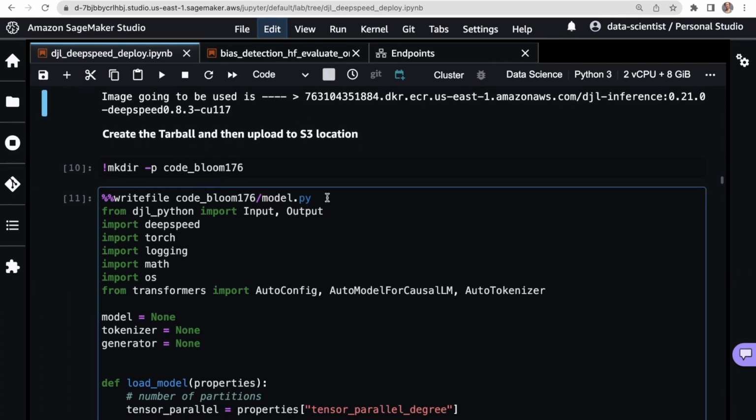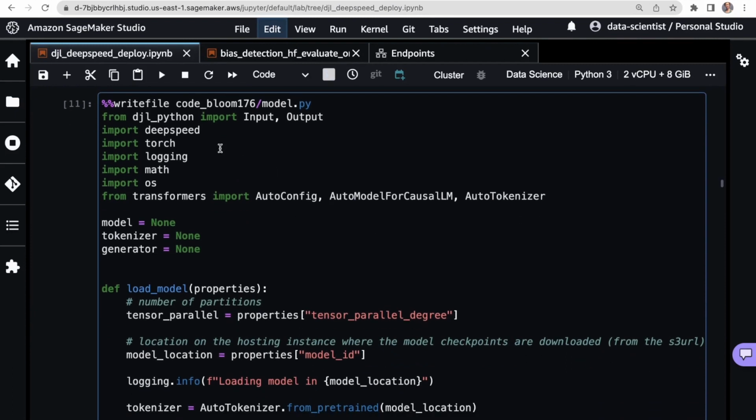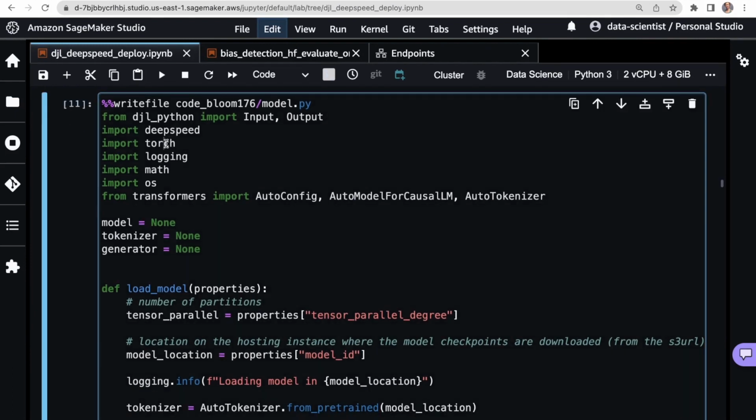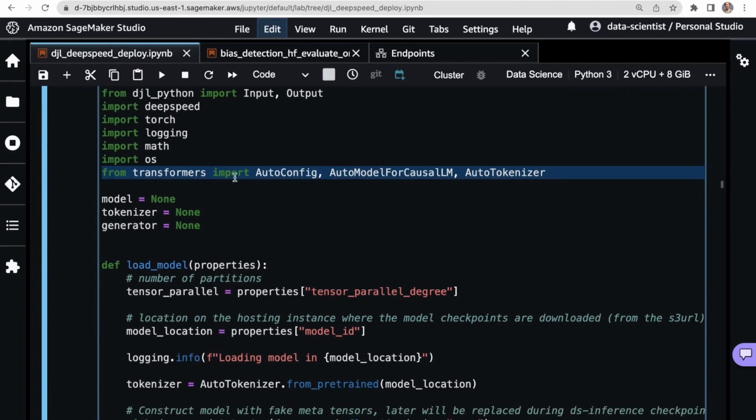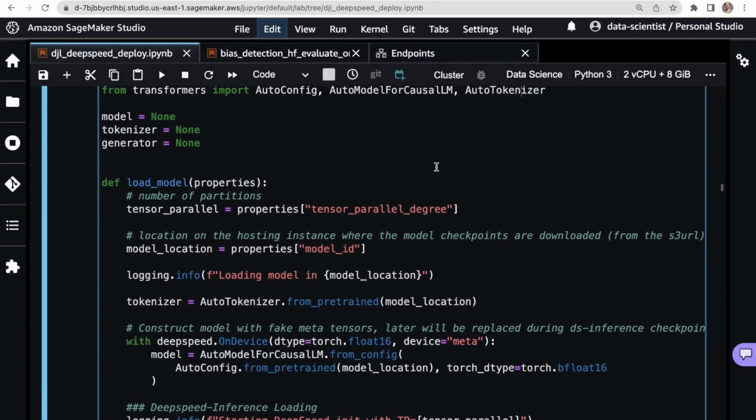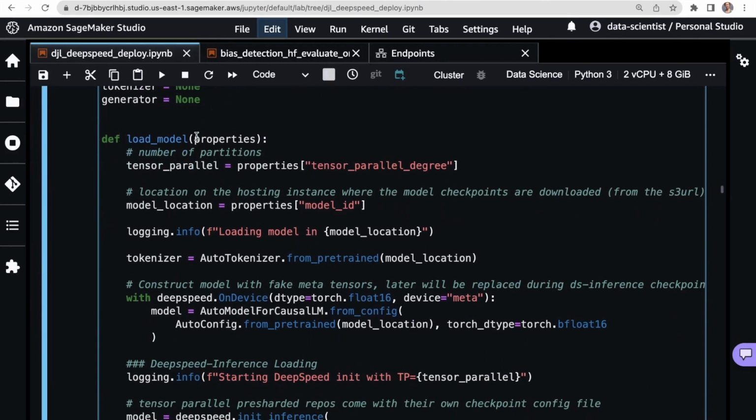So here's our model.py, and we're importing DeepSpeed, Torch, Math, OS, and then from the Transformers library from Hugging Face, the AutoConfig, the AutoModelForCausalLM, and then the tokenizer. And then this load_model function here is looking for the number of partitions.